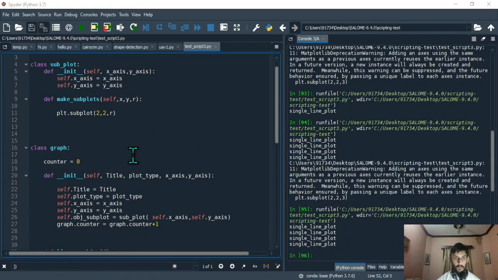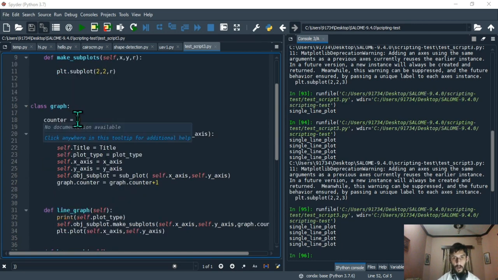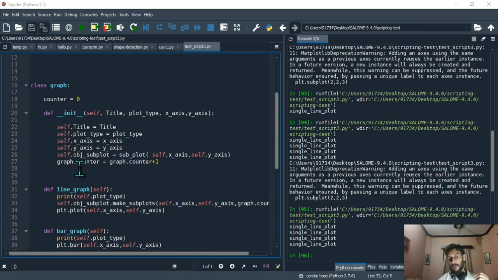So quick recap. So we needed our plot to be populated, right? So we wanted a counter there because this is the position which is going to be changing. So first plot is going to go into the first position, second plot into the second position, and which is why we are using counters. So once we have the variable counter, all we need to do is every time the plot is created, we just need to up the value of counter by 1.